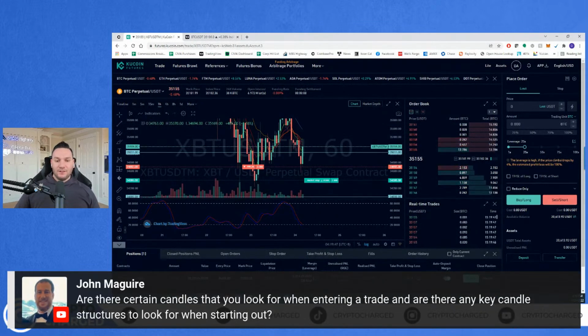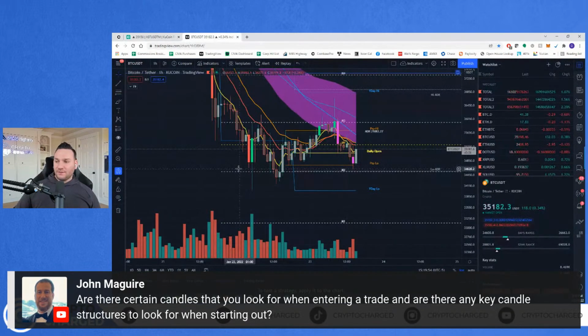Are there certain candles that you look for when entering a trade? Are there any key candle structures you look for when starting out? Great question. So one of the things that I like to do is look for a significant